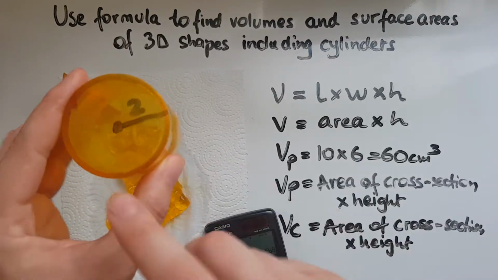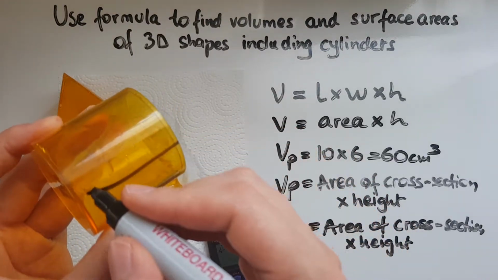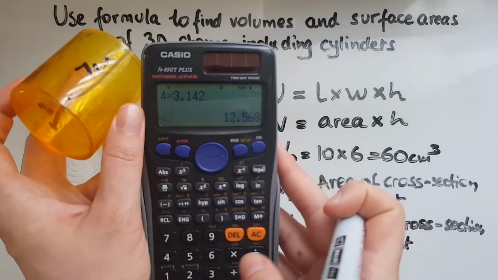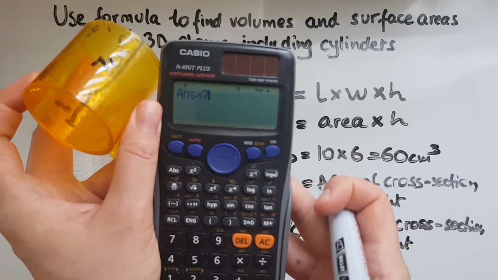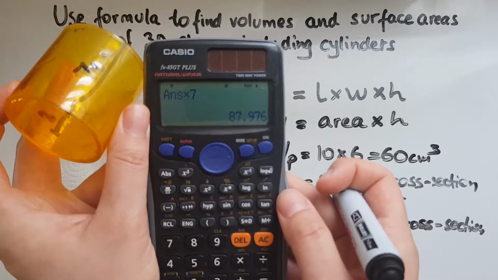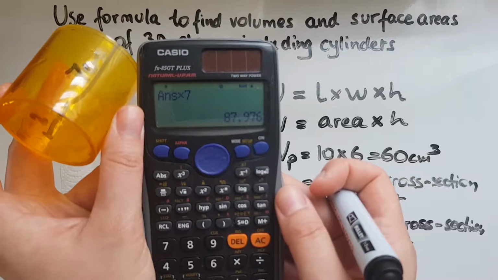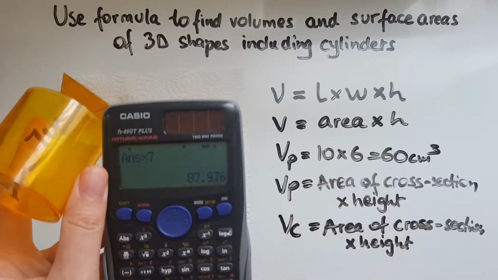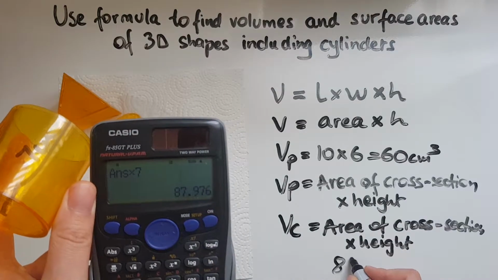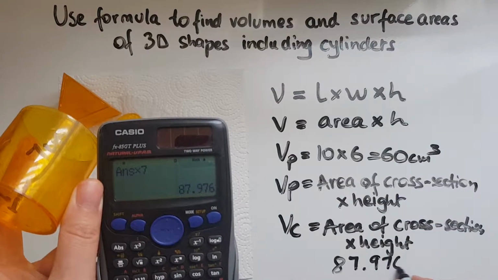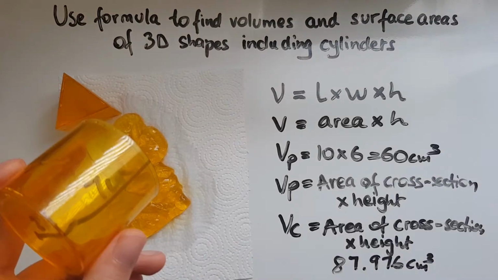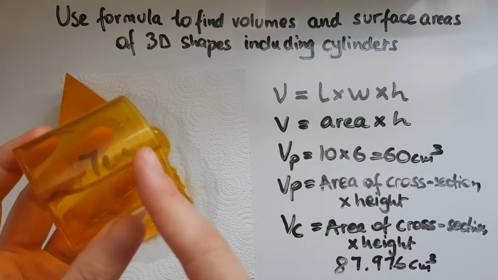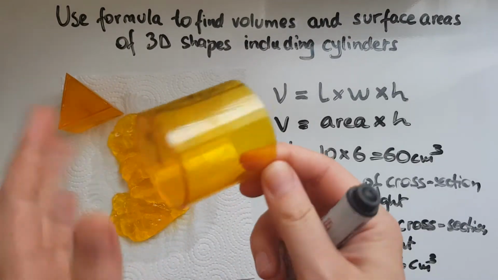And then what do we do? We multiply this area by this height. So if this is 7 centimeters, all I do is get the answer and multiply it by 7. So this gives us 87.976 centimeters cubed. So with these shapes that have a cross section which repeats itself throughout, so you have a circle, it continues to be a circle up to the other end,